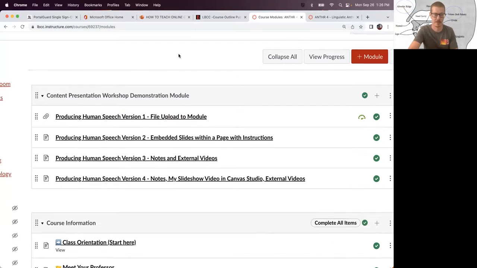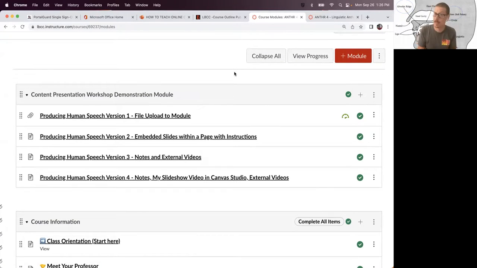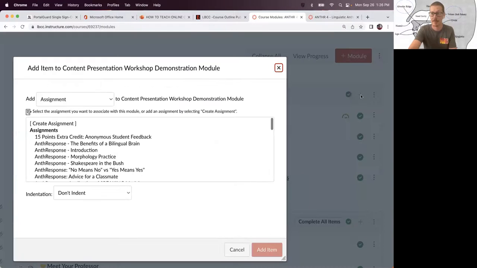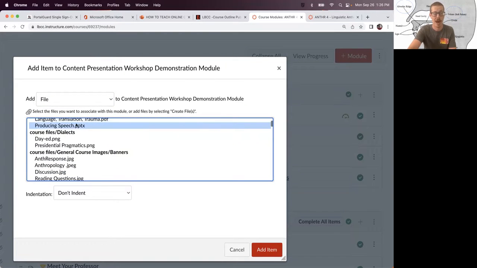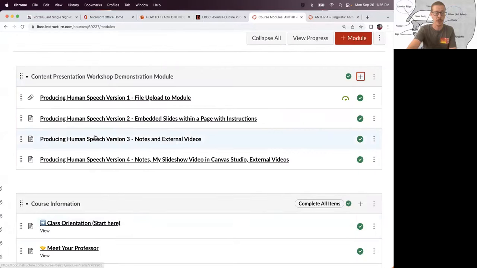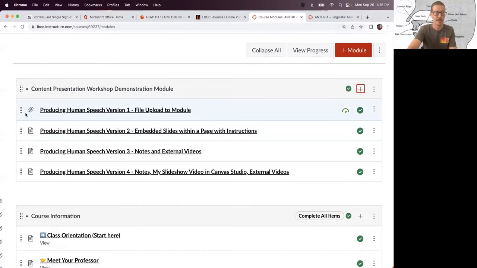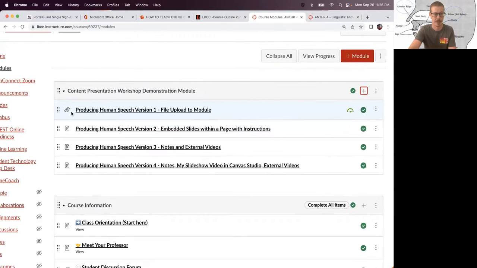So first one, file upload to a Canvas module. I see a lot of content presented in this way. And what happens is the professor clicks this plus item, selects a file, and then let's say they select a PDF reading or a PowerPoint slide, and they click add item to their module. And when you do that, you have the item here, and you also have that little paperclip icon right next to it. That shows that it is a file attachment, or it is a file upload to Canvas. So what happens when students view this? Well, take a look. If I click on this item,